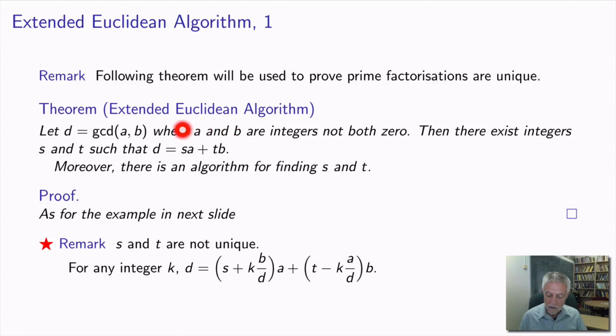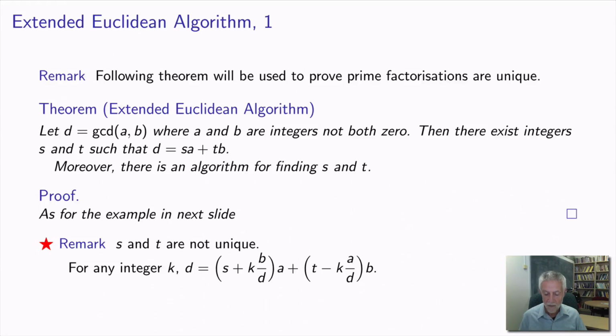The theorem asserts that there exist s and t such that the greatest common divisor is sa plus tb. But s and t are not unique. There are other integers which will work. And in fact, now this is a starred comment, for any integer k, positive or negative, if s and t are the integers that come to us from developing the extended Euclidean algorithm, as in the following example, which we will do,